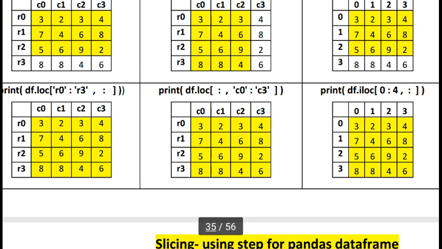But first we select our desired rows and columns with the help of loc and iloc. But in 2D NumPy, we never use loc and iloc. In NumPy we directly use the square brackets. It is the same thing, but without loc and iloc in a NumPy 2D array.